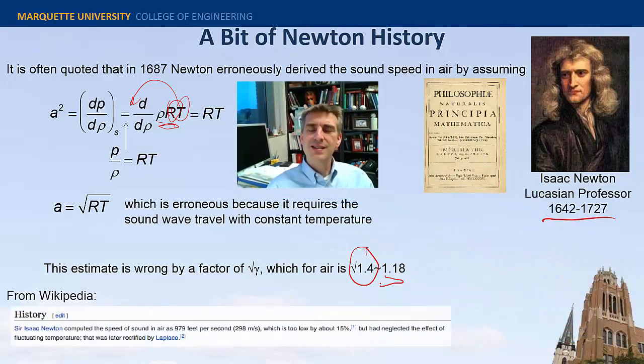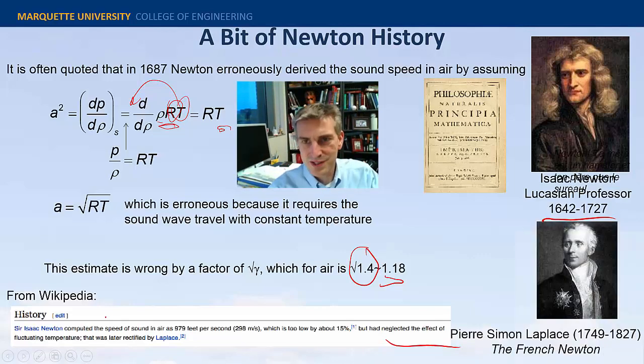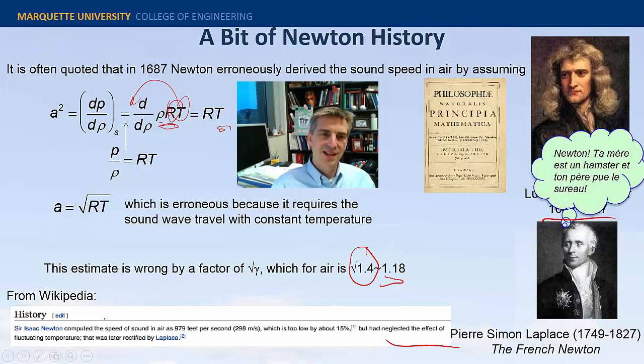So that's a common story: that Newton assumed isothermal, and he ended up with the wrong relationship. Here's a quote even from Wiki, right? He neglected the effects of fluctuating temperature that was later rectified by Laplace. Of course it was Laplace that later rectified it. That makes a great story. But when you sit around and think about it for a second, you're like, hang on,